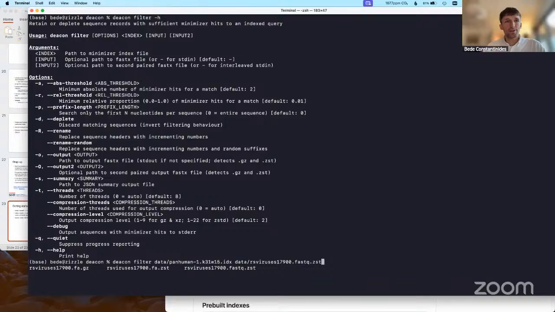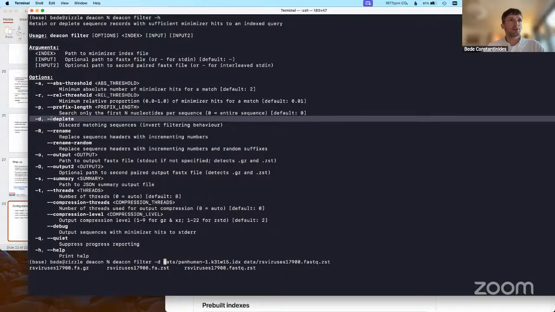By default, the filter command searches for things, so if we run this command now, we will output only things that match the index. For depletion, we want to put it into depletion mode, which you can see up here.